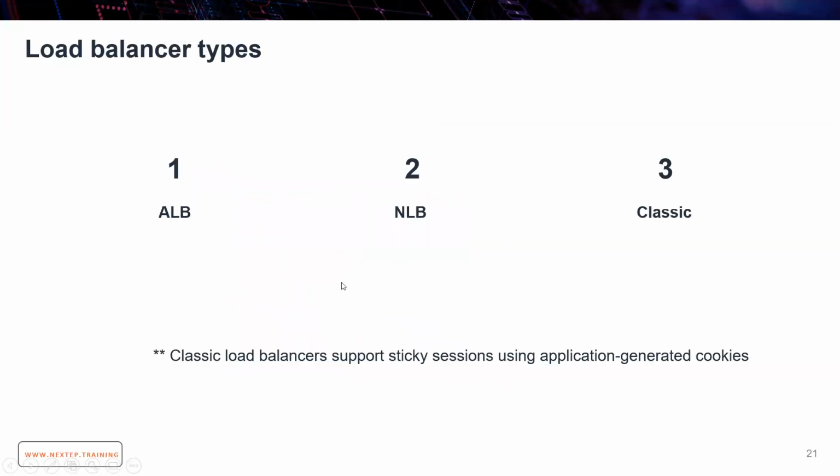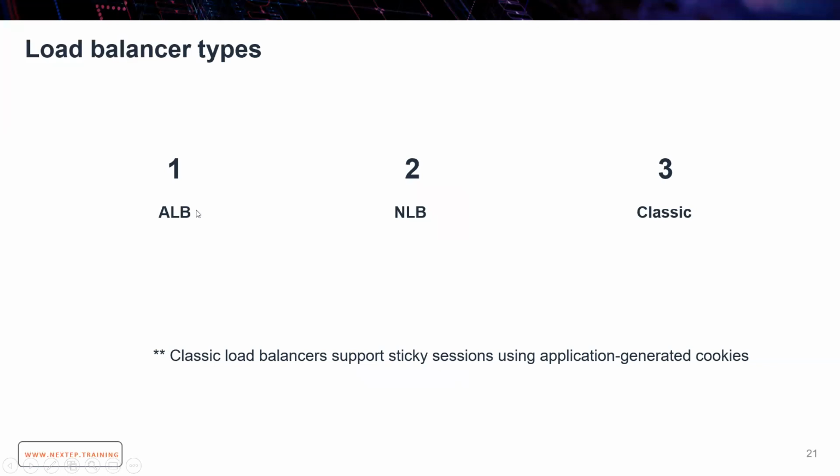So in the case of AWS, there are 3 types of load balancers. One is called application load balancer. The second one is called network load balancer. And the third one is classic load balancer. So, application load balancer. Application load balancer is a load balancer at layer 7, meaning